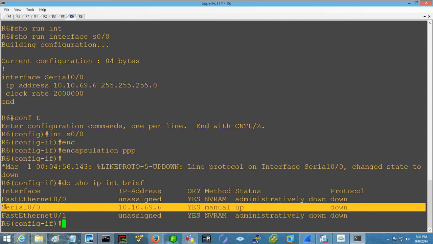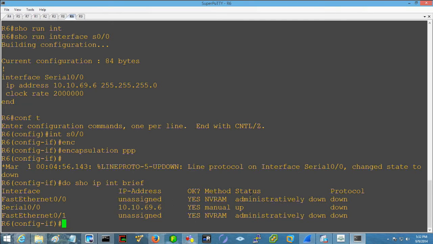This is a good example of the line protocol being off. See, if you look at protocol, you've got the status of the interface, like administratively down, up or down. This is the layer 1 status. Do we have a wire plugged in? Over here, the protocol, how is the protocol doing? This is basically saying, is layer 2 working? Before it was, because the encapsulation matched.